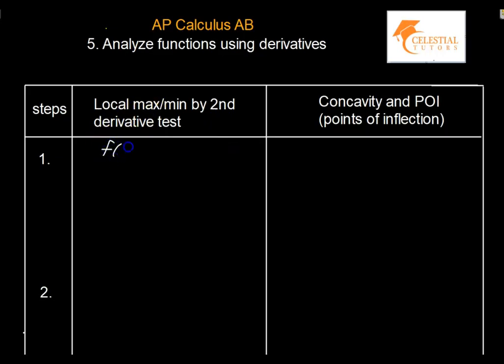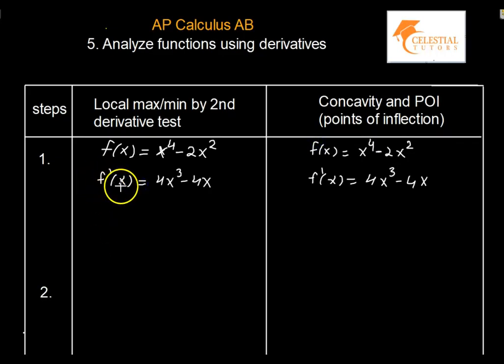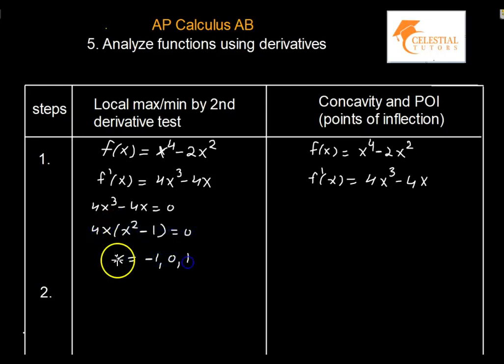I'm going to use the same function as I used earlier so that you are able to see the difference between all the four procedures using the same function. So for the first step, we find the first derivative for both of them, but for local maxima minima, we need to get the critical points. And we get these three critical points to check local maxima minima, whereas we don't need to get the critical